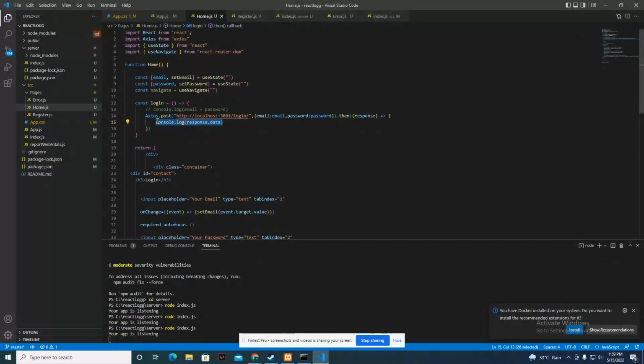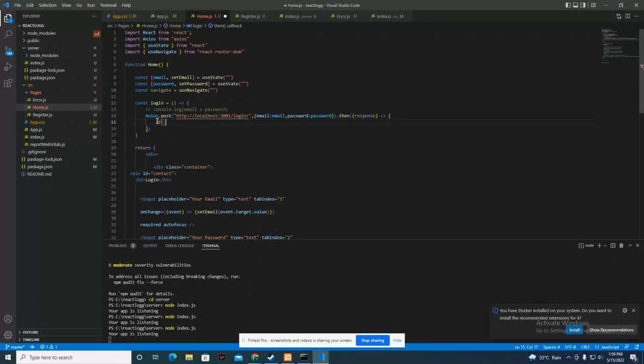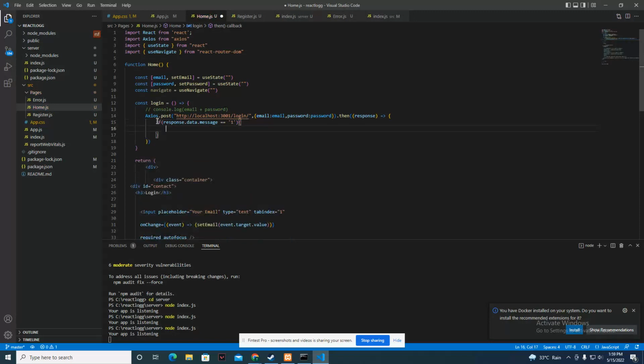So in here, what I like to do is to create an if, saying that if response.data.message is equal to, say for instance, 1, then we're gonna do navigate, and then forward slash profile,